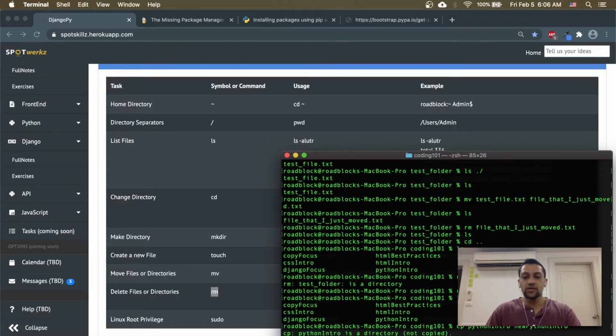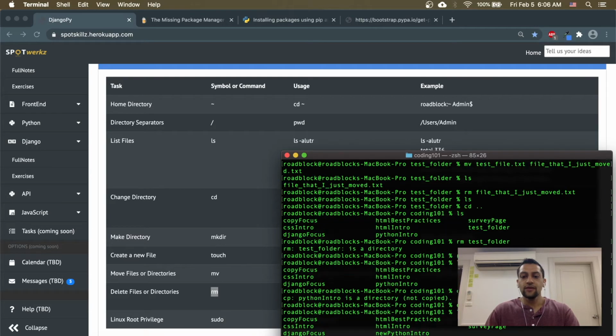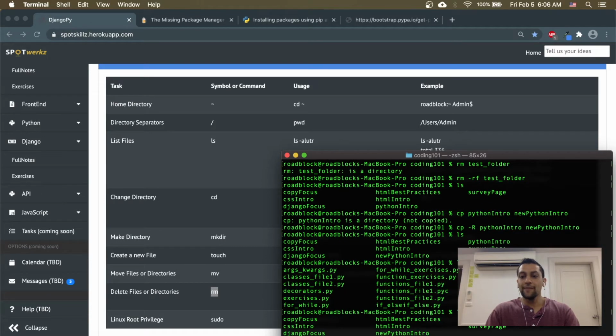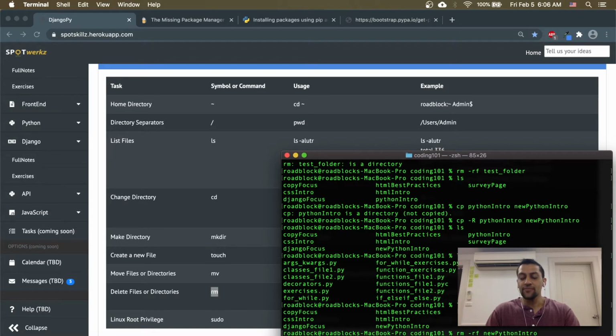So จำเป็นต้องเขียนว่า cp minus capital r และจะมี new python intro ที่นี้ครับ and ถ้าเกิดว่าผมทำ ls new python intro ทั้งหมด copy จาก python intro ถึงที่นี้ครับ so these should all look familiar and now we can remove this folder as well so rm minus rf again new python intro ลบไปแล้วครับ